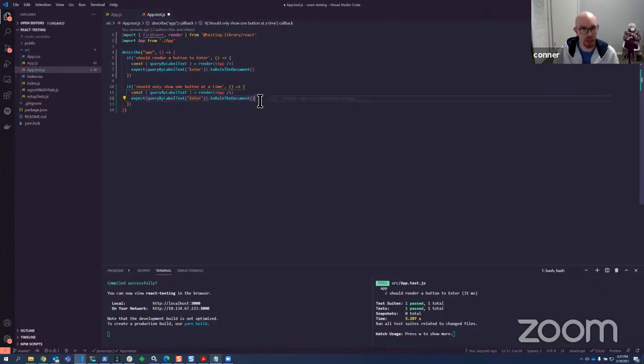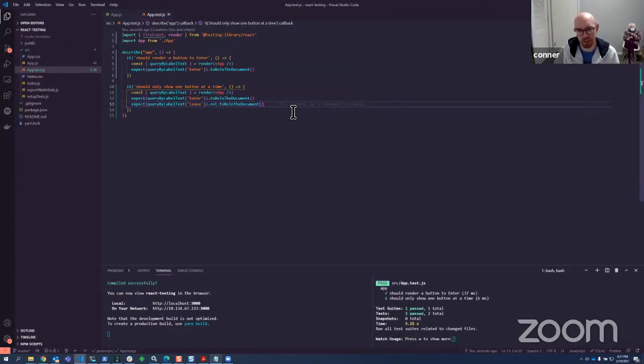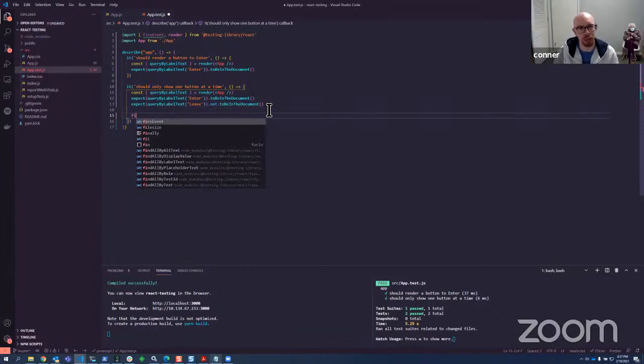And then we expect leave. We're gonna have a button called leave, right? So we expect leave not to be in there. That's some cool syntax here. I like that. So I can say dot not to be. And I can save that, and that's gonna actually pass, right? Because there's no leave. I added enter, looks good. But that's really not the full story, right? What we want to do is we want to click enter, and then we want enter to go away and leave to be there. So I say fire event dot